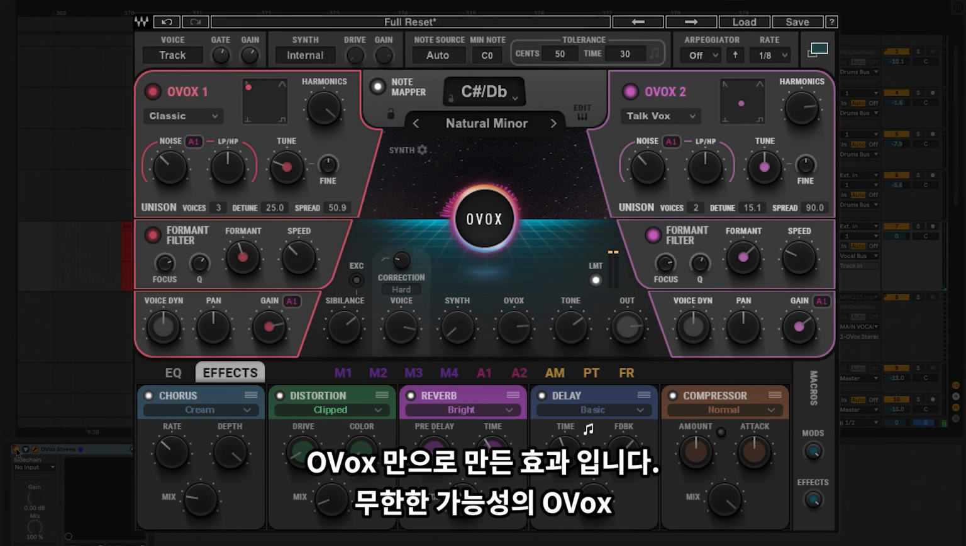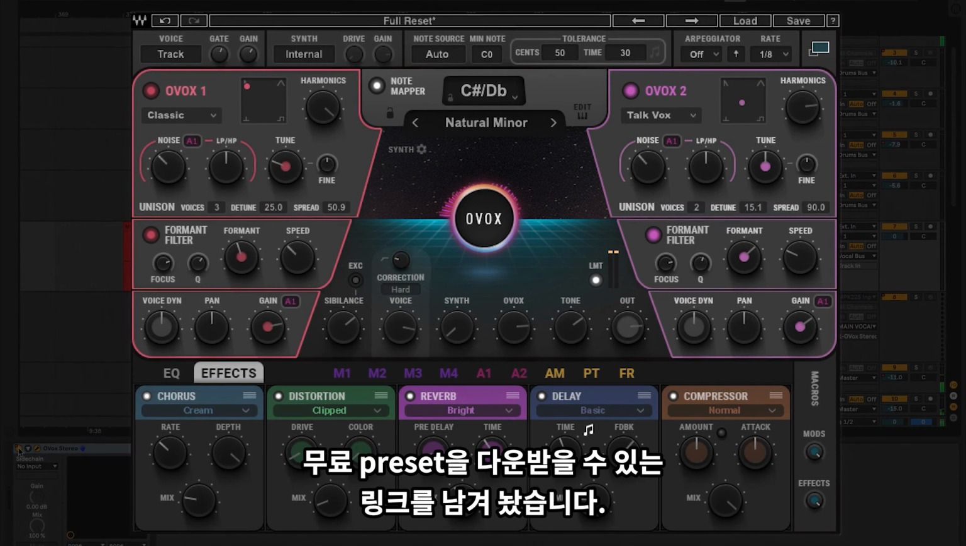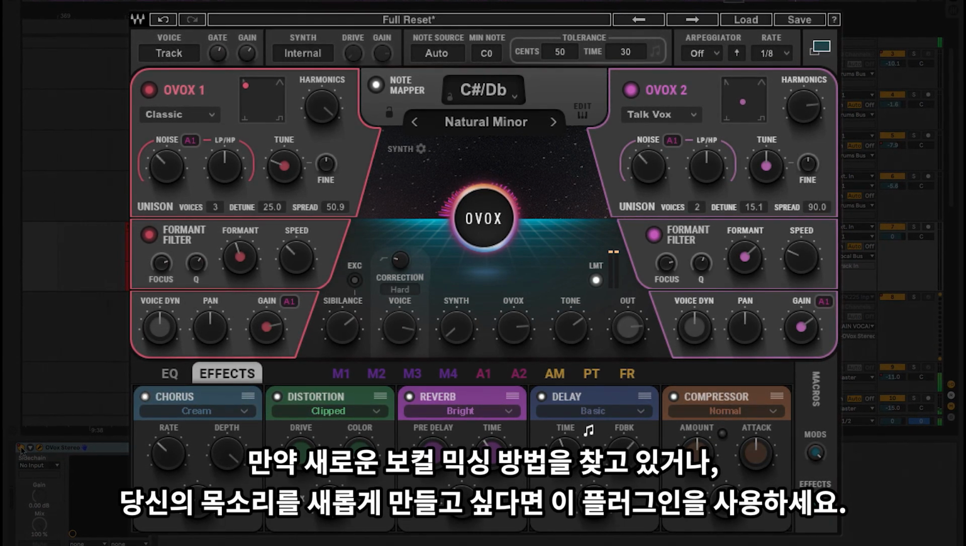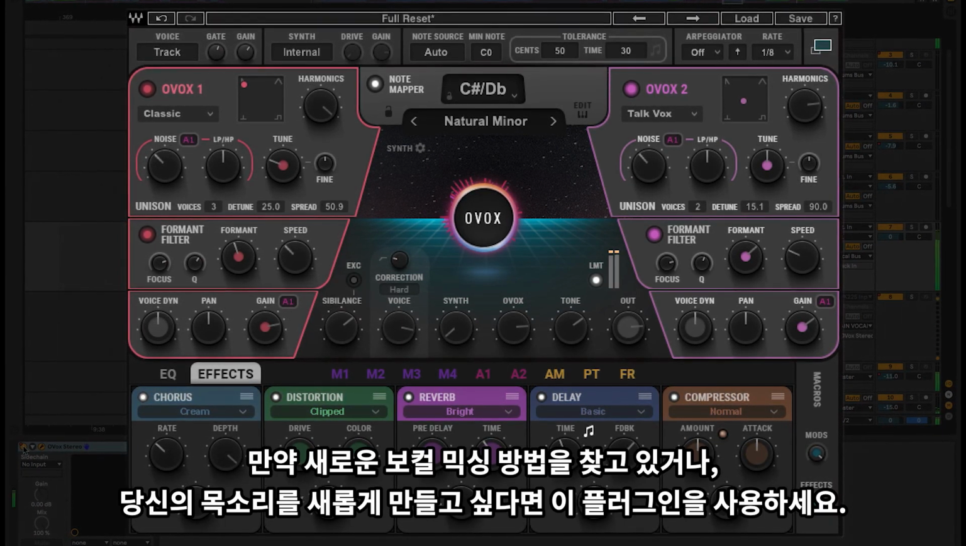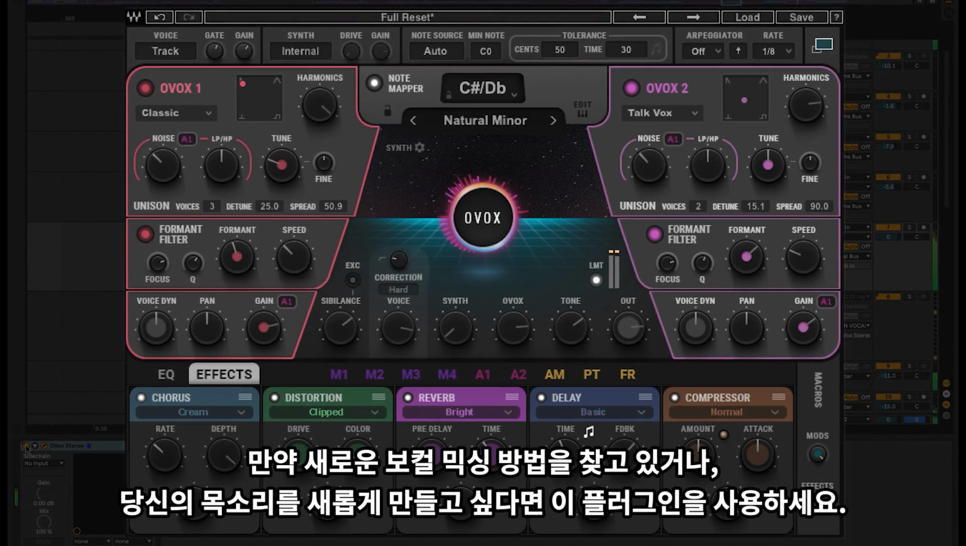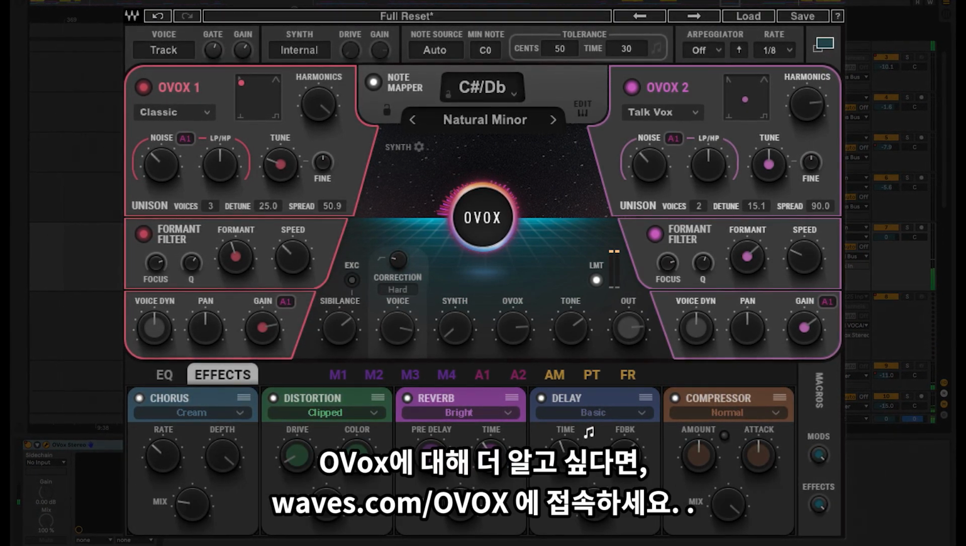I left a link to download this preset free, but there are endless possibilities with OVox. So if you're looking for new ways to mix vocals, or even if you want to completely resynthesize your voice, there's no limits with this plugin. So to learn more about OVox, visit